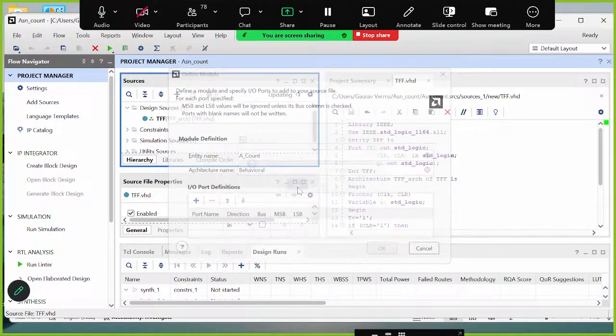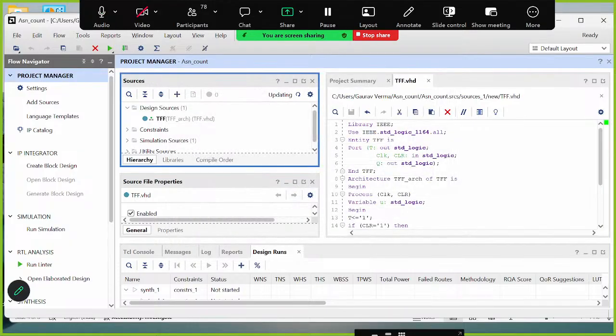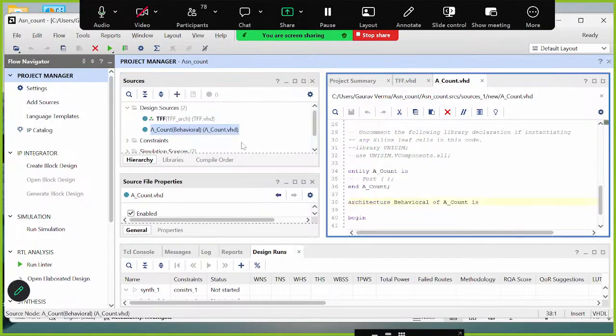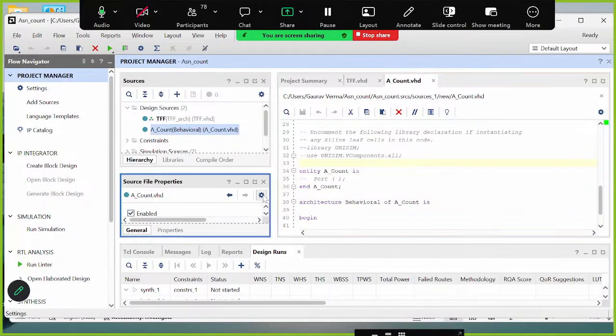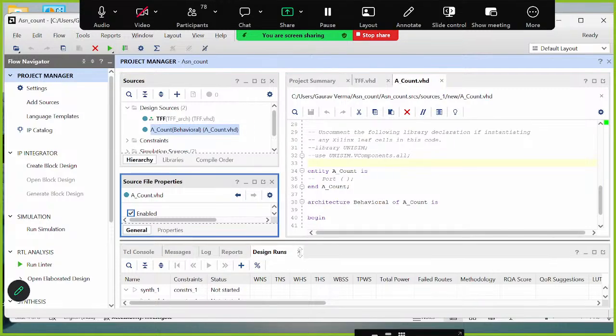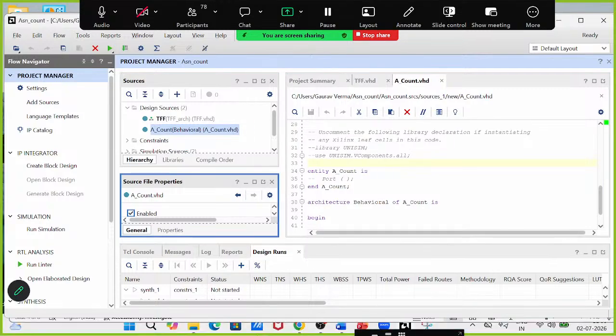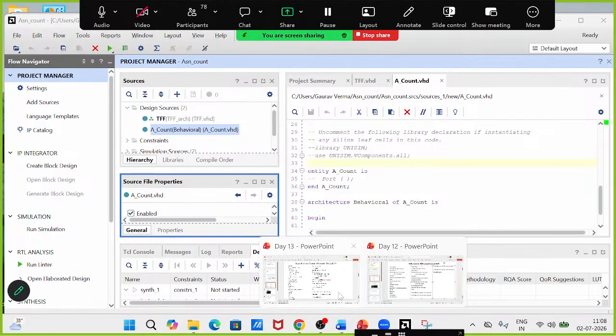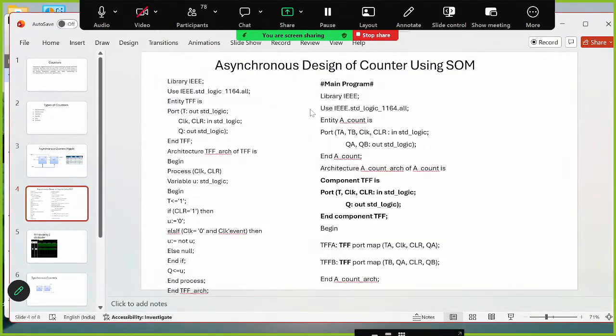I will copy paste that, no issue. So you can see over here a new file is created. What I need to do, I need to just copy paste the code. This code,